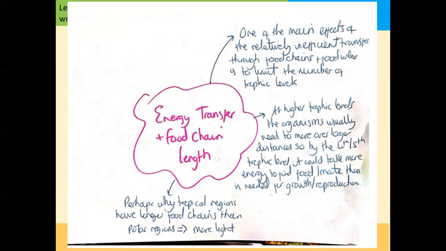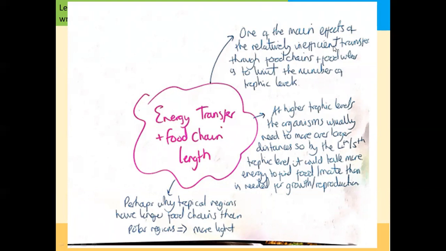So one of the main effects of this relatively inefficient transfer of energy through the food chains, and food webs I should also say, is that it limits the number of trophic levels. You guys will have known from your GCSE work, we don't get any food chains that are 6, 7, 8 organisms long, because of this inefficient transfer. So what that actually means is at the higher trophic levels, so at your tertiary consumers or quaternary consumers,